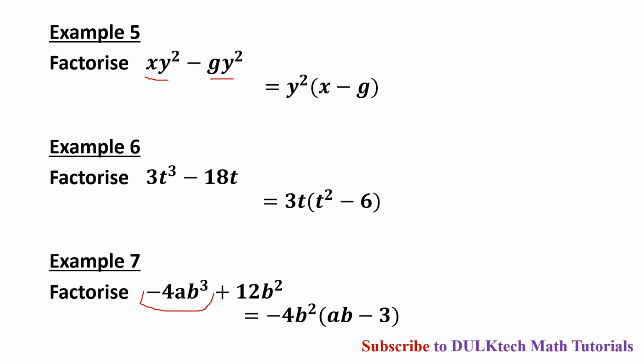At the same time, if we divide plus 12b squared by minus 4b squared, b squared and b squared will go, then 12 divided by minus 4 gives minus 3. So our answer is minus 4b squared factor of